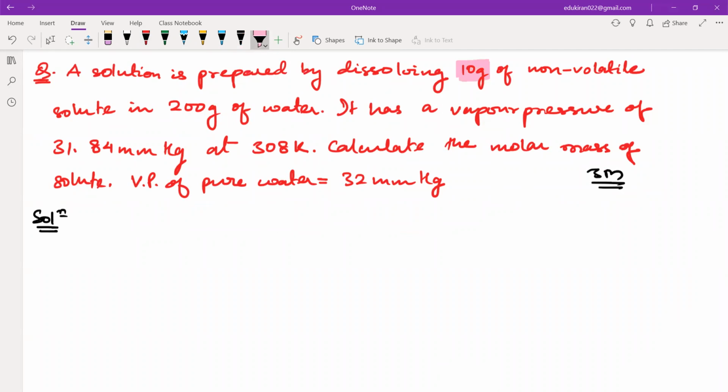10 ग्राम आपके पास नॉन वोलेटाइल solute है ना? 20 ग्राम आपके पास क्या है? 200 ग्राम का पानी है. Then you have the vapor pressure of what? Solution is 31.84 mm of Hg. Pure water कितना है? 32 mm of Hg. So right, according to